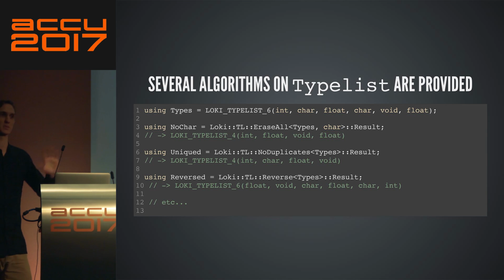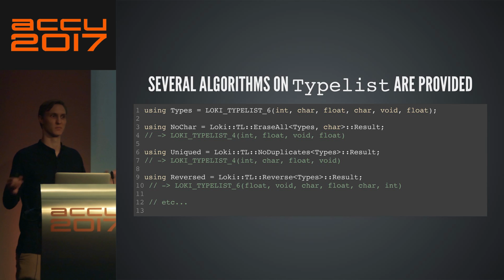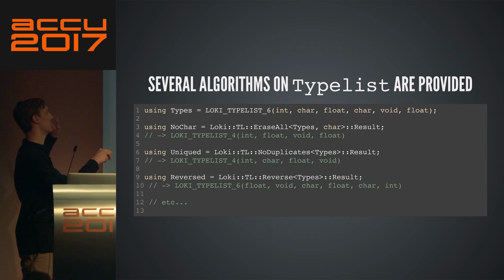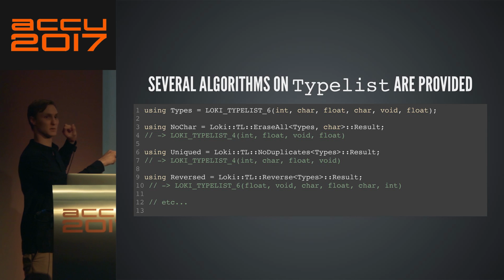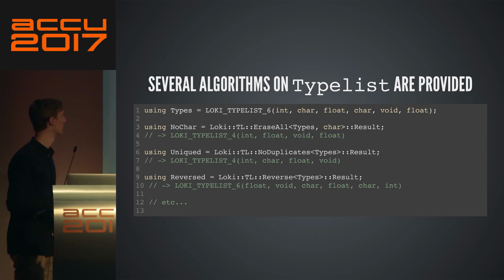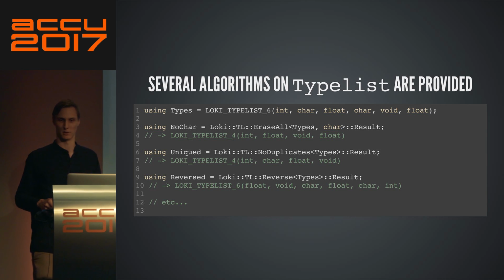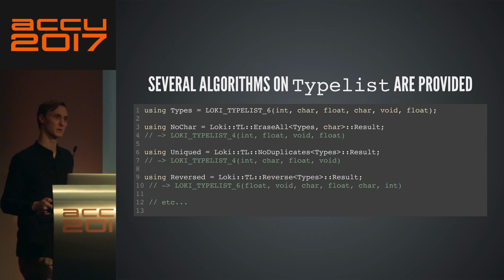So the mechanism for doing this is really weird. But essentially what we're saying here is we're kind of calling a function on types. That's a type list, and then that's the type that you want to remove from the type list. And then the way of getting the result is by calling result. And so you can build a bunch of algorithms like that. They're really hard to write, but when you use them, it works.